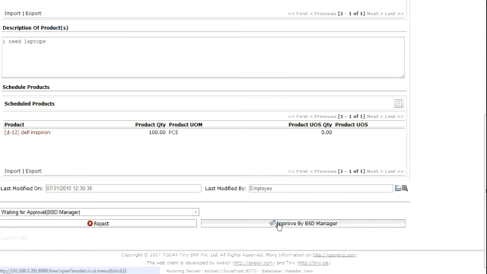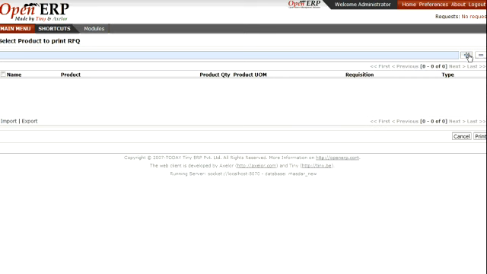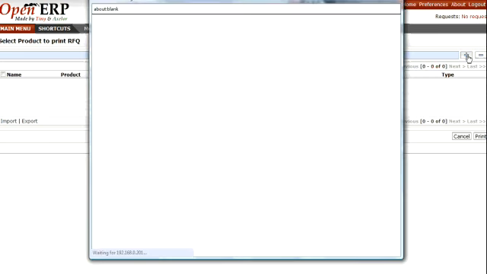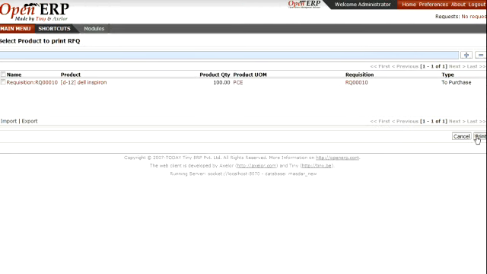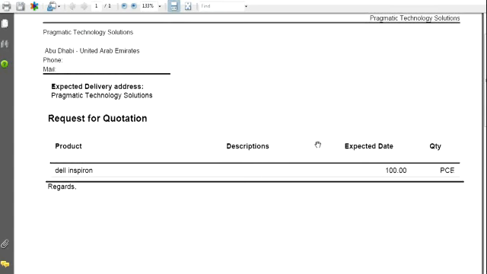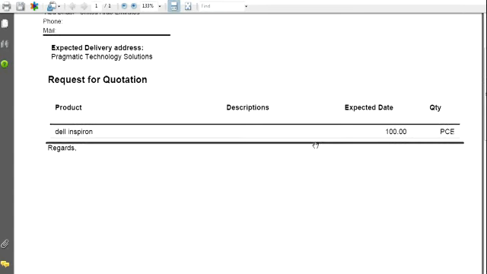He will create an RFQ for this requisition, which he will send to different suppliers. An RFQ can have multiple requisitions. This is the RFQ which will be sent to the suppliers.